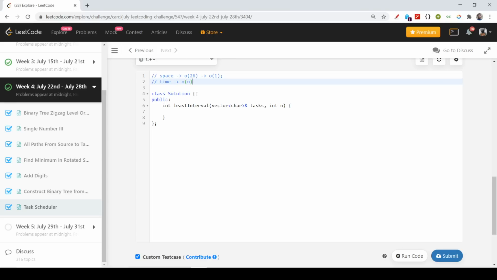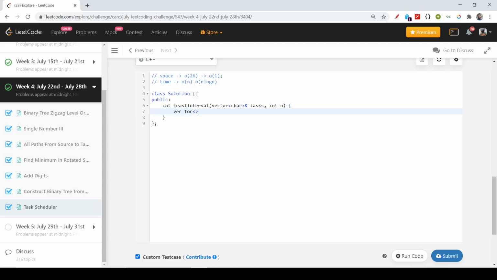If I can find that, then I can do my whole algorithm. But to make things easier, I will do it in O of n log n. I'm still saying that if it is asked in an interview, you can do it in O of n also, because the only thing which matters is the frequency of the largest element.